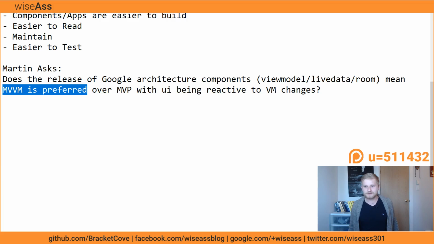Go with model view view model if you want to follow their way, and I have a whole tutorial where I build an entire app like that. Link is in the description box. It's the Room demo 2017, I think, Room persistence library. But also, after building a whole application and doing it their way, I still like my way with model view presenter and clean architecture better. But I will still use architecture components in my model view presenter architecture. How's that for an ambiguous answer? Let's look for another question.